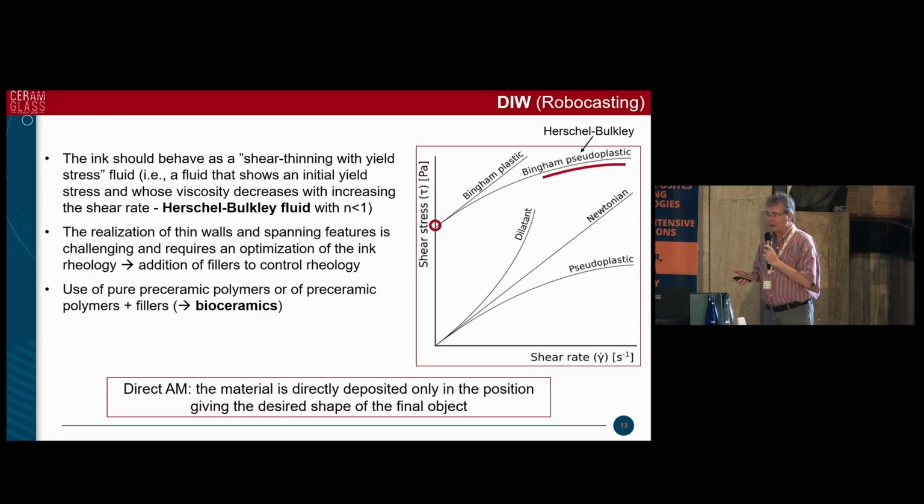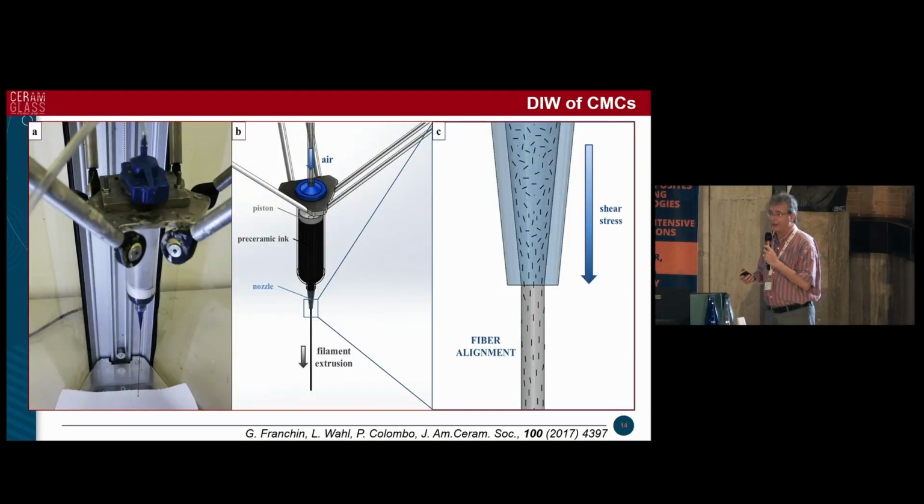Let me switch to a different technology, direct writing, and I will also discuss now the additive manufacturing of ceramic matrix composites using this approach. For carrying out direct writing, you need to have a fluid that behaves like a Herschel-Bulkley fluid with an index below 1, so you have a pseudoplastic system that also has a yield stress. And you have to engineer your feedstock in order to provide that type of rheological behavior,